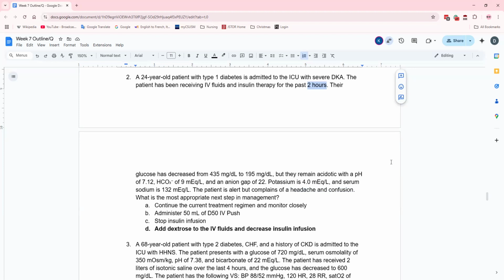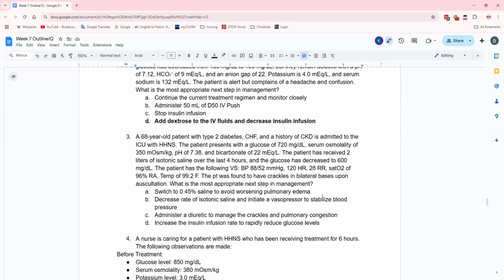Let me see what you guys actually wrote. Yeah, pretty much, Ryan. That's pretty solid. Jude, yeah, you definitely don't want to stop the insulin entirely, but you want to do a little bit of both so that we're still managing the DKA, but we're also keeping the cerebral edema from occurring. All right, if there's no more questions, we'll move on to the next one.